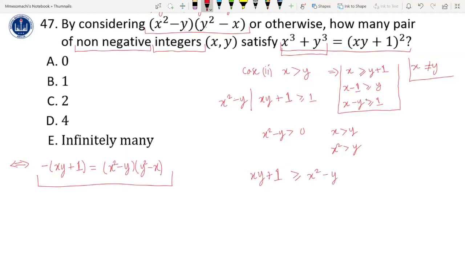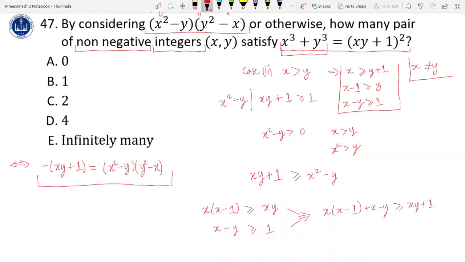Okay, so now let's look at xy plus 1. Now x into x minus 1 is greater than or equal to xy, because x minus 1 is greater than or equal to y. Okay, and then x minus y is greater than or equal to 1 from the case we're considering. So when we add these two inequalities together, they give us that x into x minus 1 plus x minus y is greater than or equal to xy